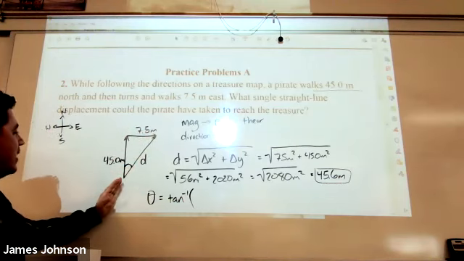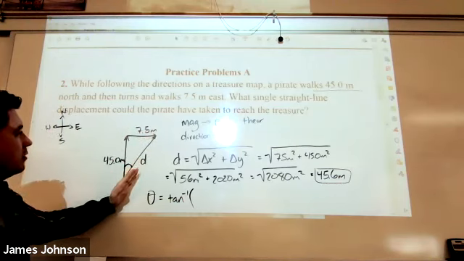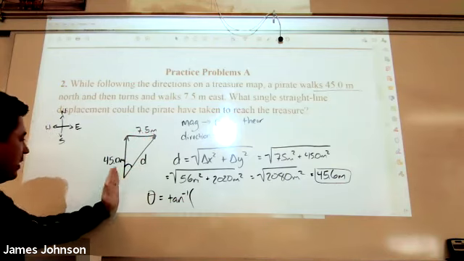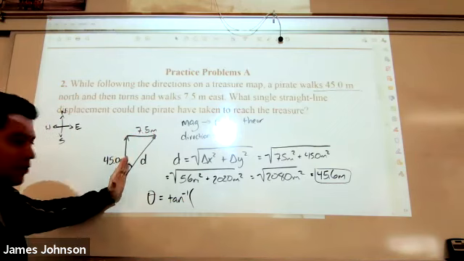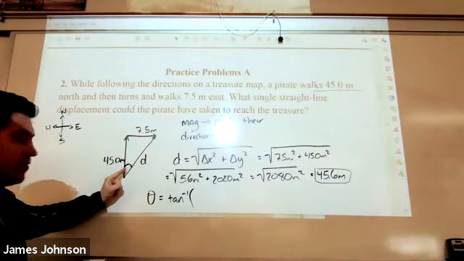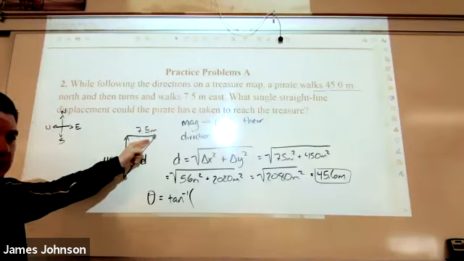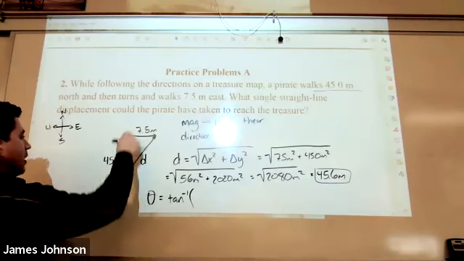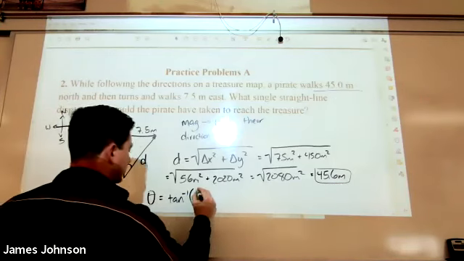We're being asked if they just took one straight line, right? How could they change that and just get there in one straight line? Well, it means they'd have to tweak their direction by this angle, right? That's how I know not to use this angle or this angle, but this angle. So based on this angle, opposite over adjacent,